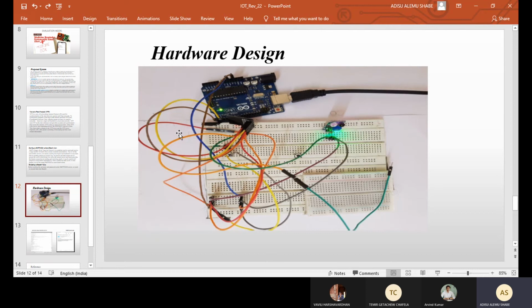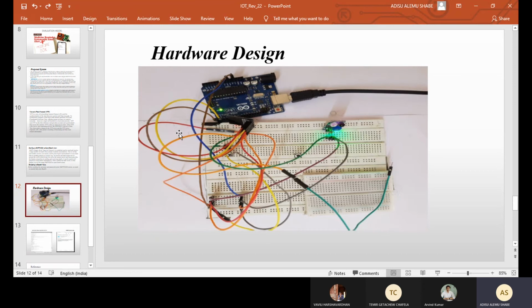Here we used one IR sensor kept inside the medicine box to detect the opening and closing of the box. The other one is the Wi-Fi module. This Wi-Fi module helps to connect the mobile data to the system.